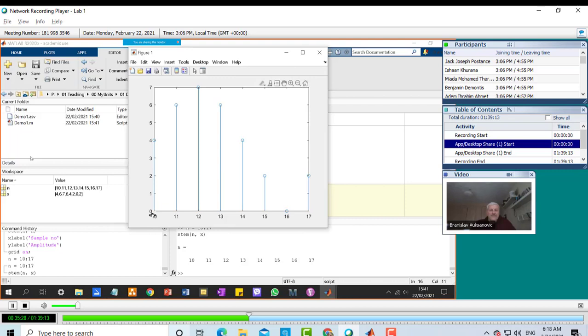Previously, I always struggled. I forgot how to write the function header in MATLAB and everything, but now